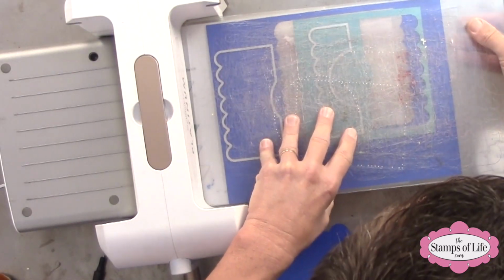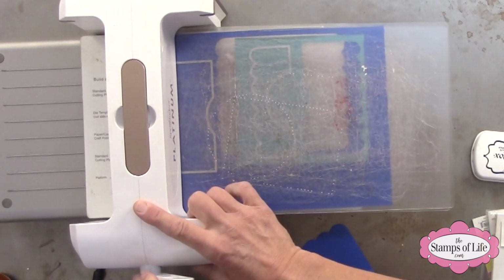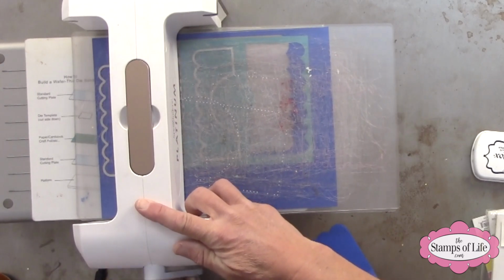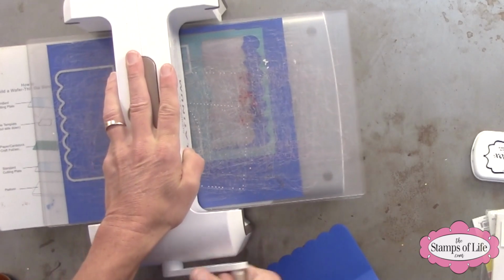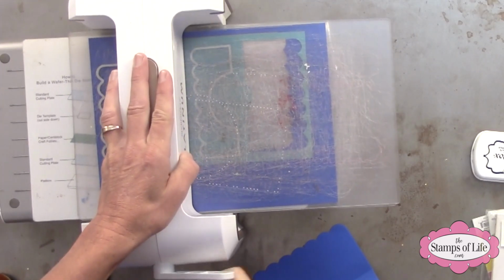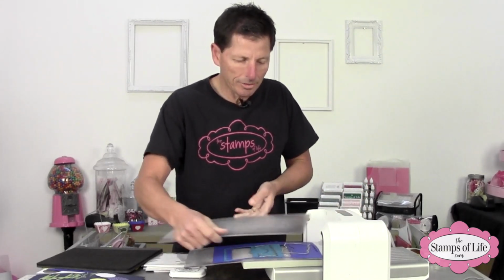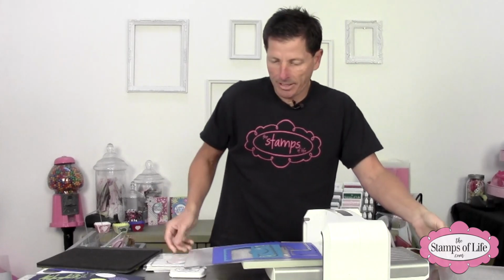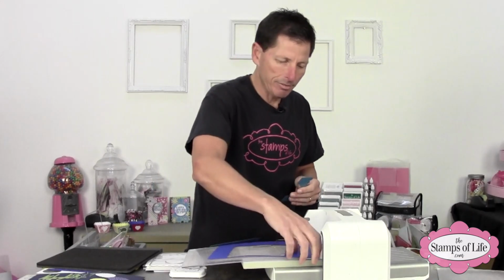So if I plan ahead of time, some of the time I can get some extra cuts out of my cardstock, save a little bit of money, use everything that I have. It is always a good idea. All right, got both of those through, and one more pass. Again, you don't have to run the blades through twice if you don't want, but as I have been doing my die cutting, I seem to get a little bit better results when I do that. All right, and now we have